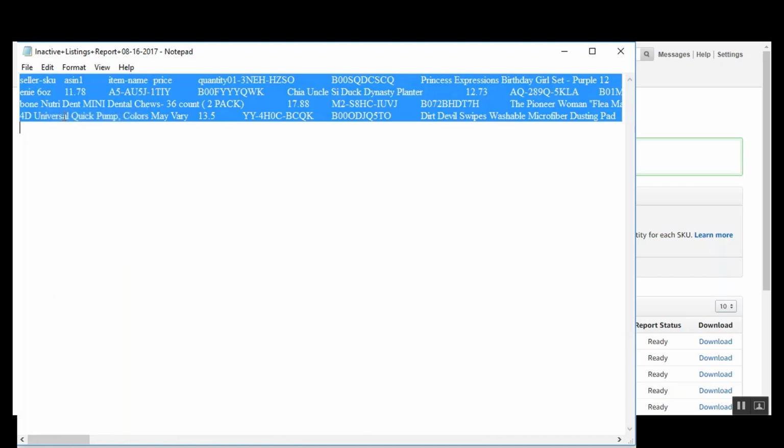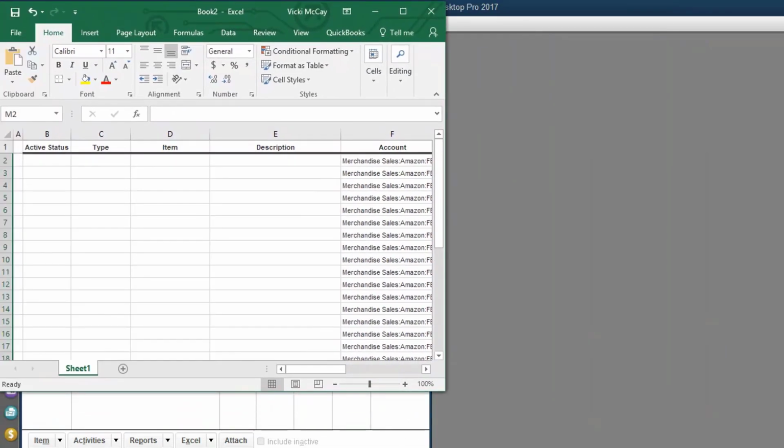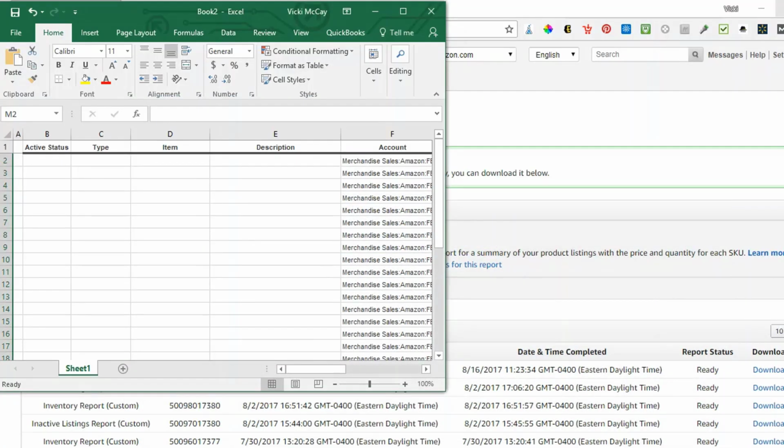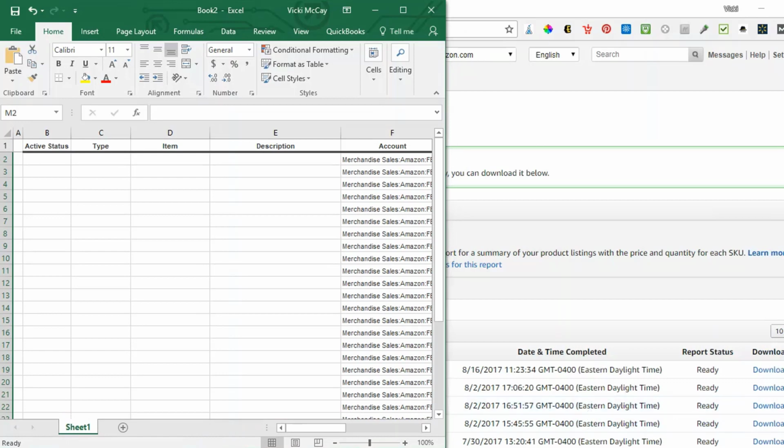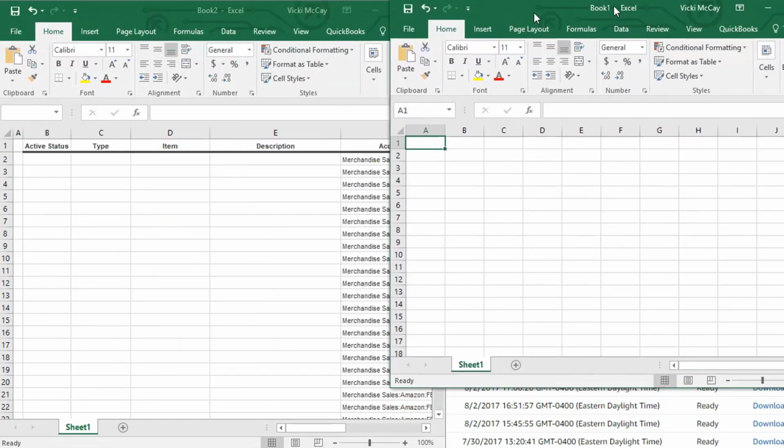Then we're going to take that to our Excel form. So we left off in our last video with this worksheet and with the QuickBooks open. So now we're going to move this worksheet over, and we're going to minimize QuickBooks. And you can see in the background my Seller Central is still open. Now we're going to open a new file in Excel, and we'll just scoot that over